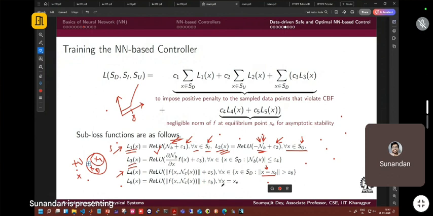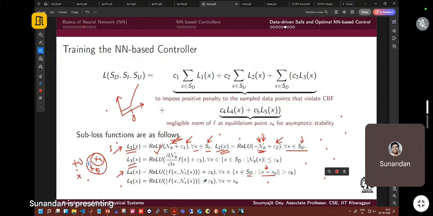And same thing happens here as well. For all x equal to xc, we are only ensuring the same thing basically. This is defined for different values of x; basically these two parts, L4 and L5. One part is for those x's which are in the domain but have a difference with the equilibrium point greater than epsilon 6, and this is for when the x is in equilibrium. So these are the x values. This is a constant penalty that you will keep on getting